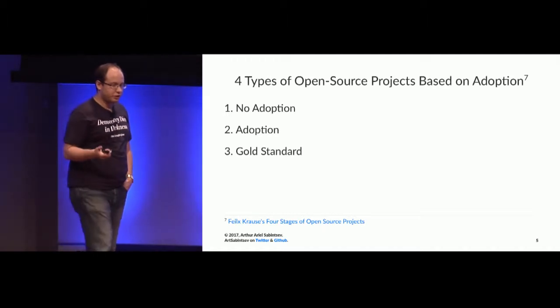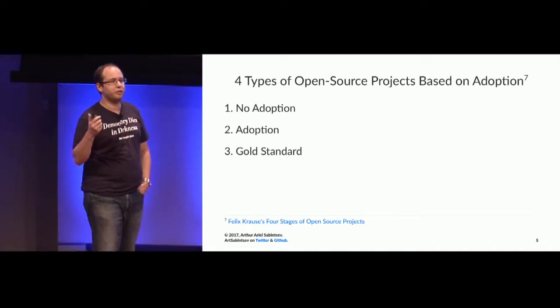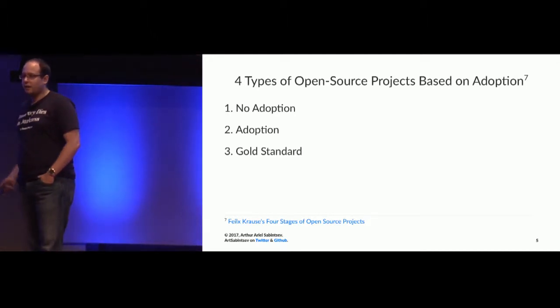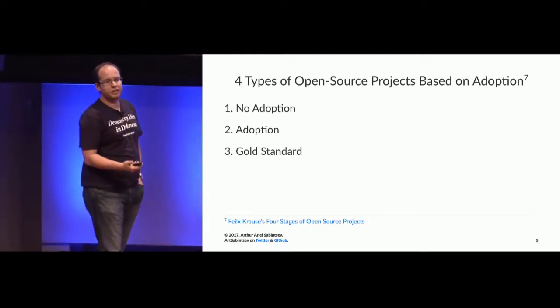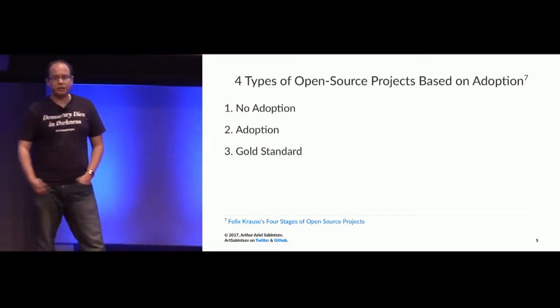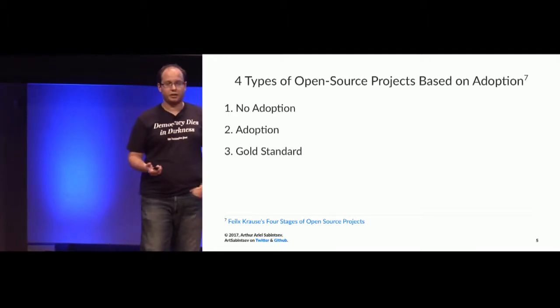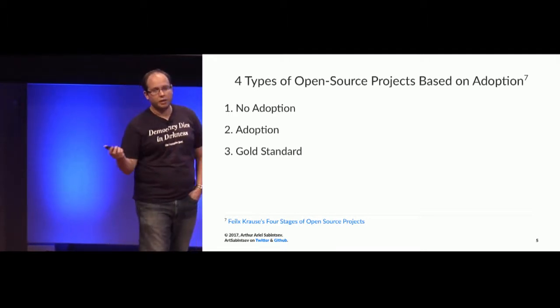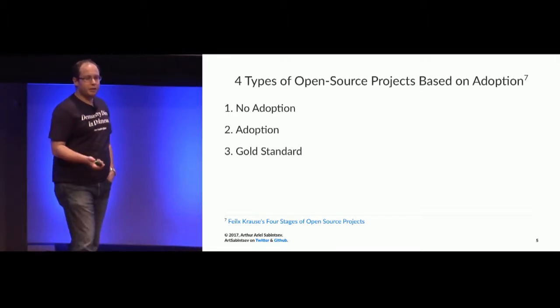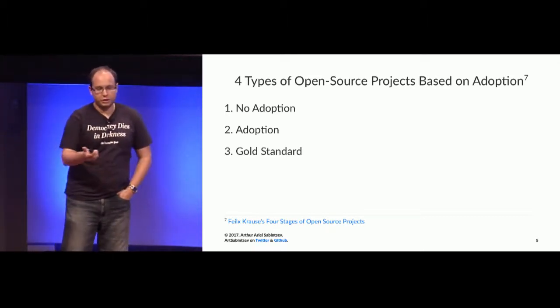Those are projects that are the community-accepted solution for a very specific problem. So if I ask everyone in here who's been doing iOS development for at least a couple of years, what is the gold standard project for networking? Everyone here is going to say AFNetworking or Alamofire. You may not agree that it's the gold standard. You may not want to use it. You might use something else. But everyone here has heard of Alamofire or AFNetworking at some point in their career, just because it's everywhere.